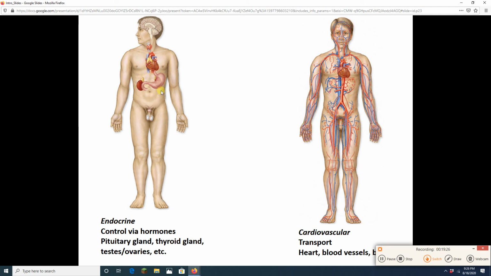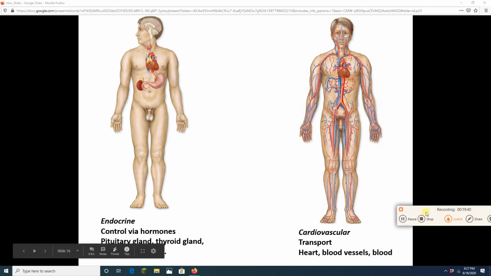So notice we have some overlap. There are going to be endocrine organs that are also going to belong to other organ systems. All right, so we're going to hit that in A&P2. And we'll hit the cardiovascular system, which of course transports stuff through your body. Oxygen, CO2, heat, wastes, nutrients, etc. You got the heart, blood vessels, and blood